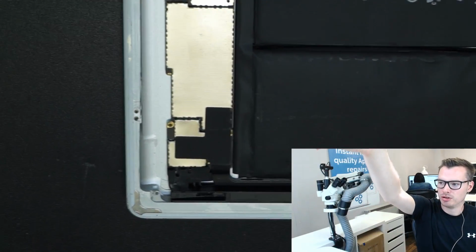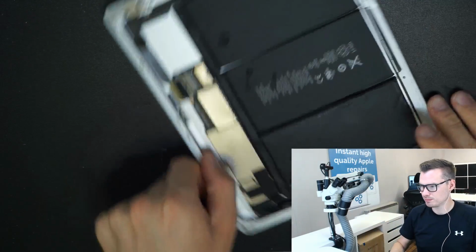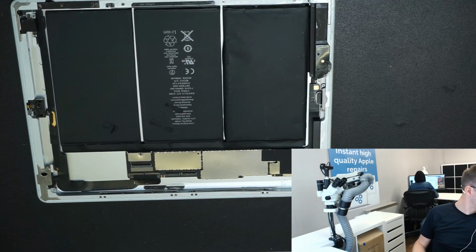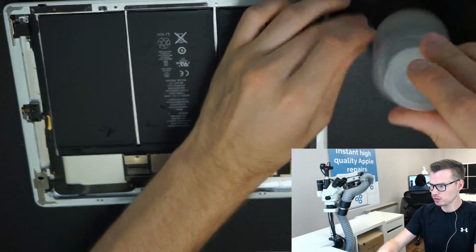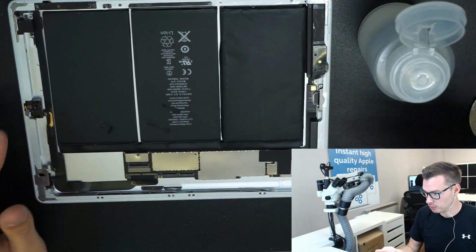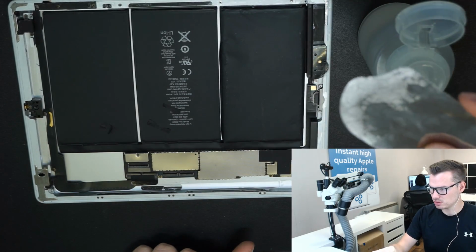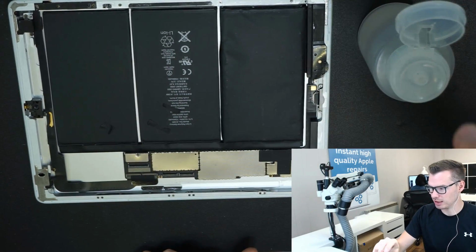So now what I'm going to do, I'm going to start removing the battery. So like I said, alcohol. Well, actually I have to remove the main board first before I start this. Make sure this is clean, by the way. I mean, this is okay, I guess. If it's too much, it won't go in between, so...